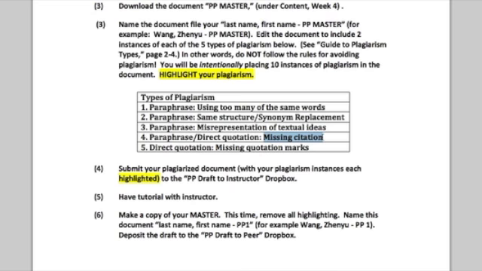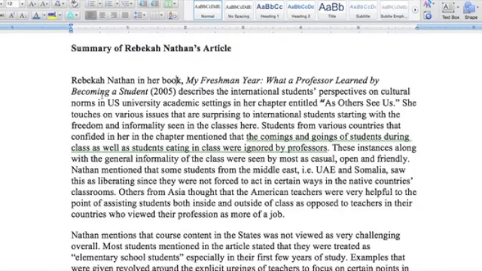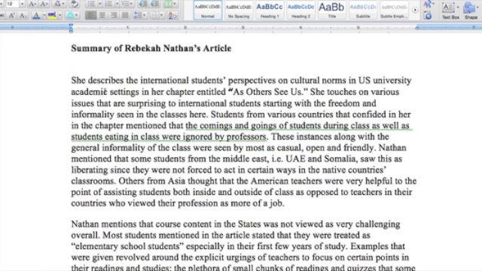The easiest way to do that would be to take this beginning sentence here, and instead of all of this information that points to whose work it is, Rebecca Nathan's, you just change it to like "she", or something like that. So she describes the international students. Okay, that would be a problem, because this is not giving proper credit to the author,